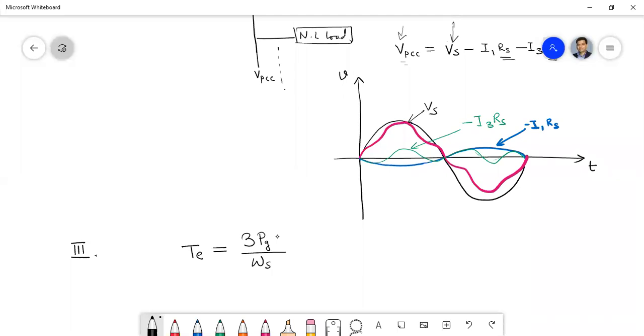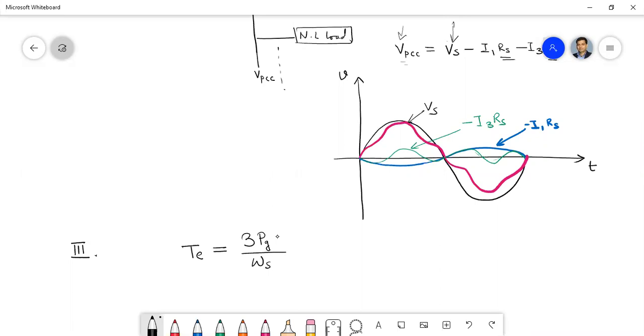PG is just the air gap power, the power which the rotor receives from the stator. এই পাওয়ারটা just stator থেকে রোটারে যায় through the air gap. Therefore, it is called the gap power or air gap power. আর কিছু না. Okay, so সেটা তিনটে ফেজের contribution. If we add the contribution from 3 phases, it will be 3 PG, because power is after all a scalar quantity. So 3 PG by omega s, where omega s is the synchronous speed in radian per second.